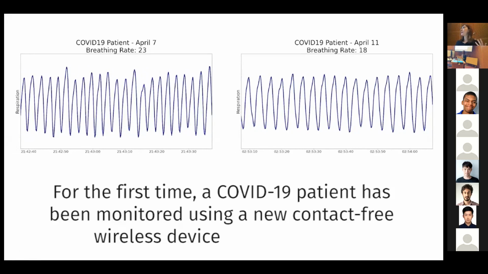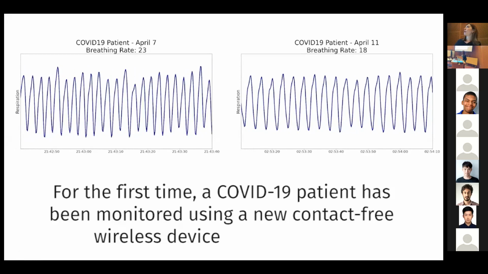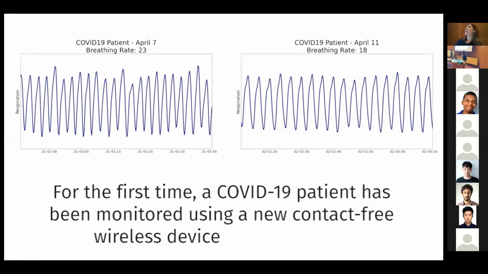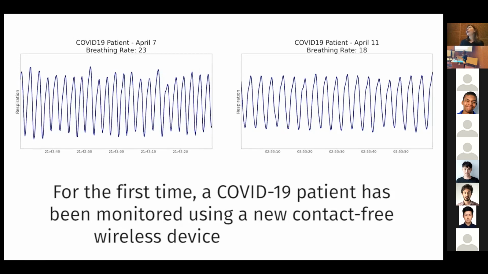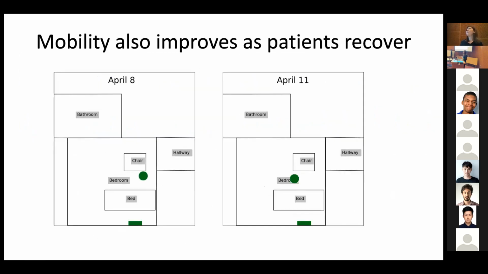And here what you see is the breathing of this patient. On April 7, the breathing rate was high, 23 breaths per minute. And just 4 days later, on April 11, it went down to 18 breaths per minute. So that high breathing rate got back pretty close to the baseline of this particular patient. Now, another thing that happens when recovery is good is that the patients start having more agility and